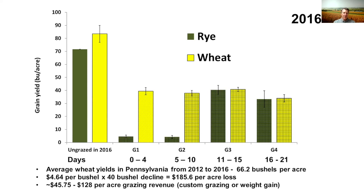And what this graph is telling us first is that we are getting about a 40 bushel or more decline in grain yield when we graze the animals. That doesn't seem to change for wheat, but rye, when the animals are on the field earlier, seems to have a significant and drastic impact on yields later on. So the recommendation there would be that if you're going to graze rye, you might want to wait a little